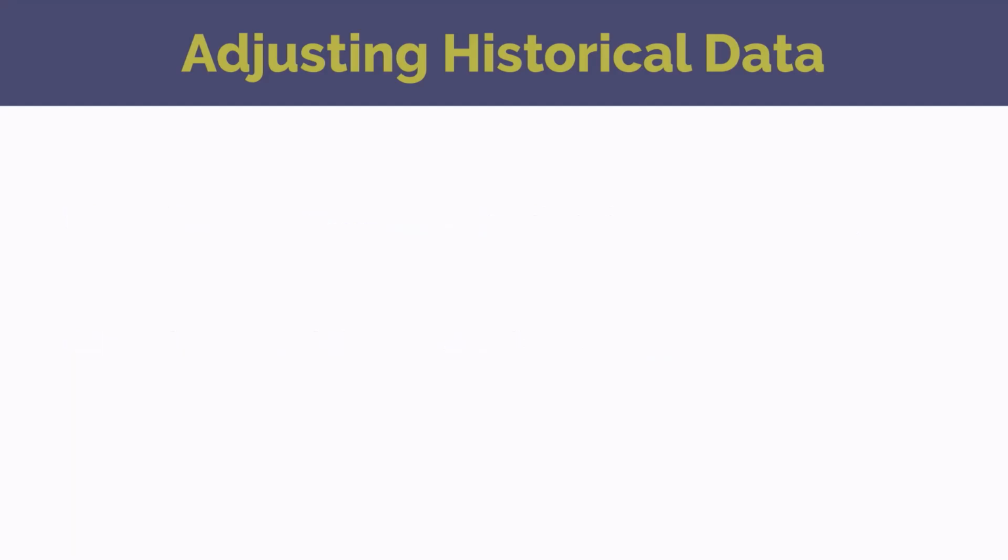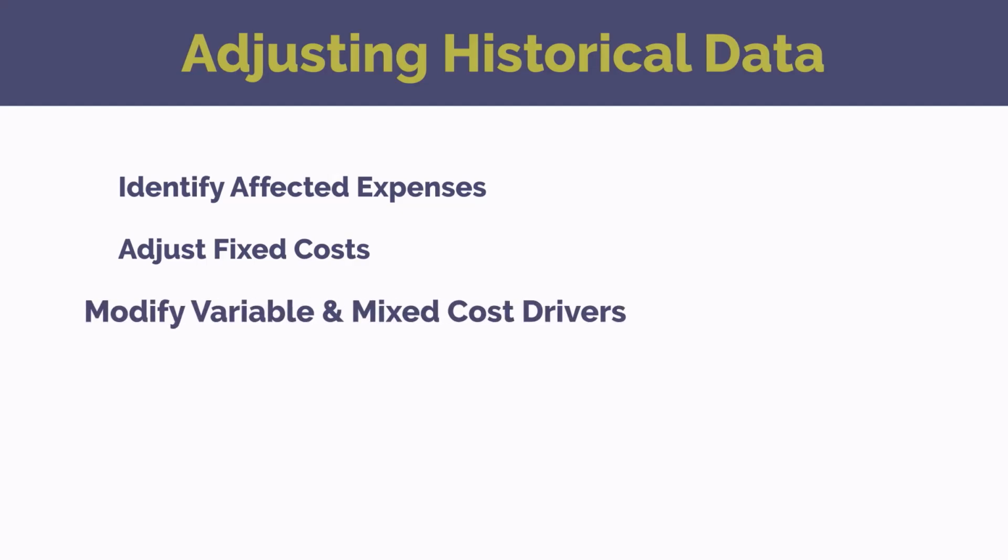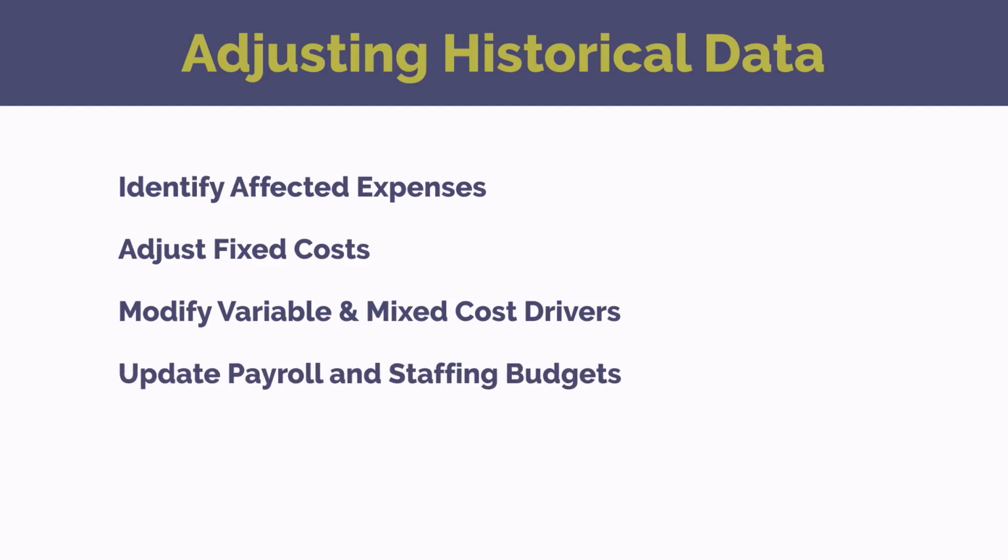Adjust expense projections based on any expected changes once all of the internal and external factors are identified. Review historical expenses to see which categories are most affected. Flag items impacted by inflation, supplier changes, or internal growth. Adjust fixed costs based on expected increases or decreases. Modify variable and mixed costs based on future activity. Update payroll and staffing budgets to factor in wage increases, new hires, and benefit cost changes. Increase affected costs for inflation. Adjusting historical expenses for future conditions ensures that budgets remain realistic and aligned with actual business needs.